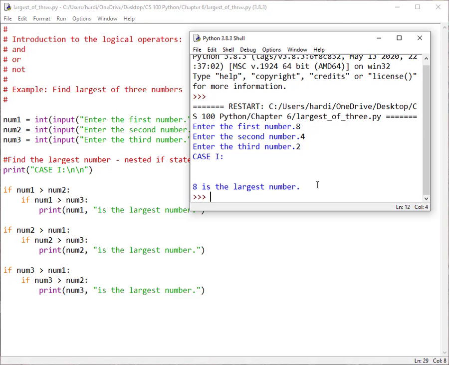So let's test that. And we get 8 is the largest number. Right? So in this case, num1 was the largest. So this if statement over here is the one that executed. So we printed out num1, which is the value 8, was the largest number. So you can see then that this is one way that we can solve the problem of finding the largest